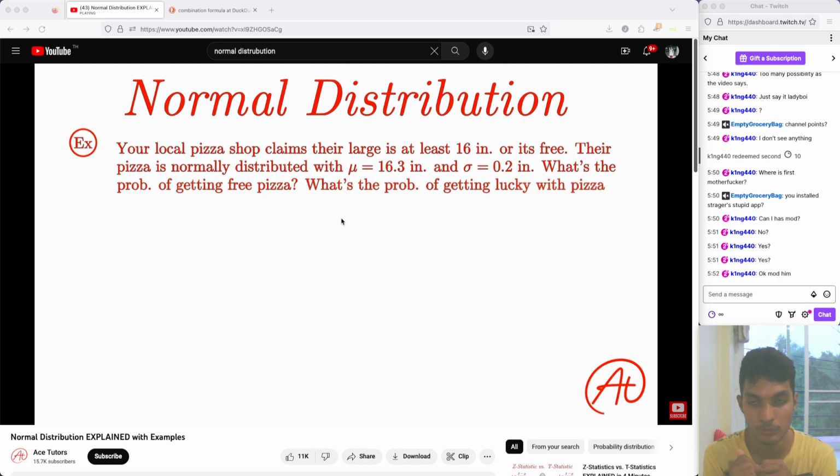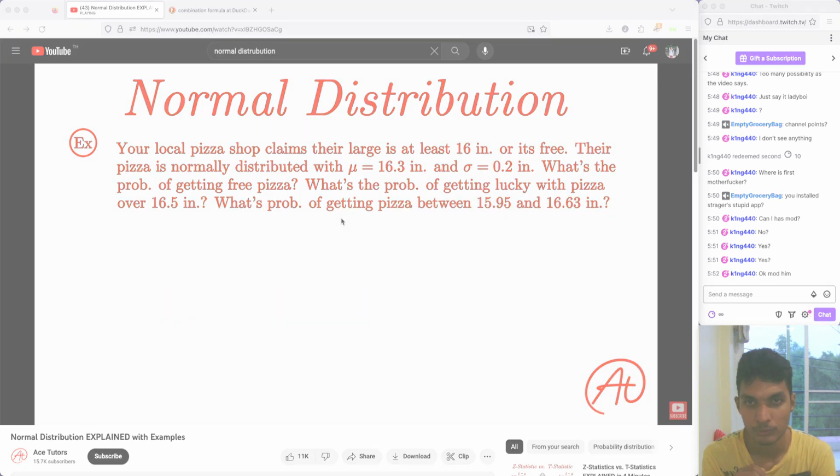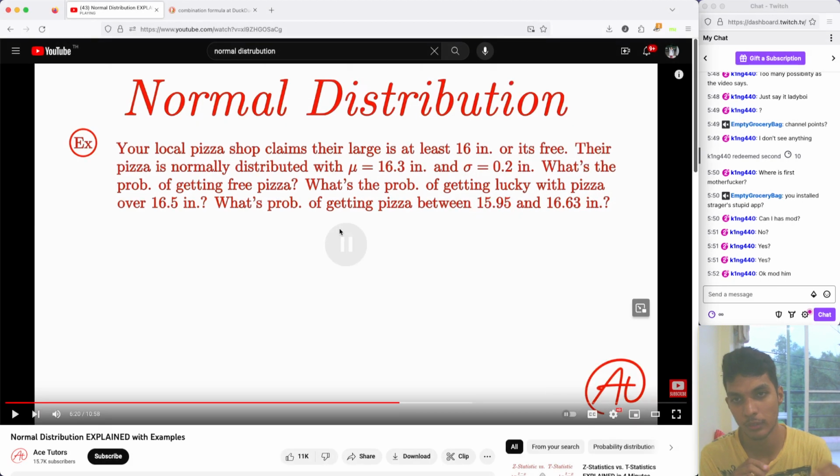Also, what's the probability of getting lucky with a pizza that's over 16.5 inches? And just because you love stat and love eating pizza, what's the probability of getting a pizza that's between